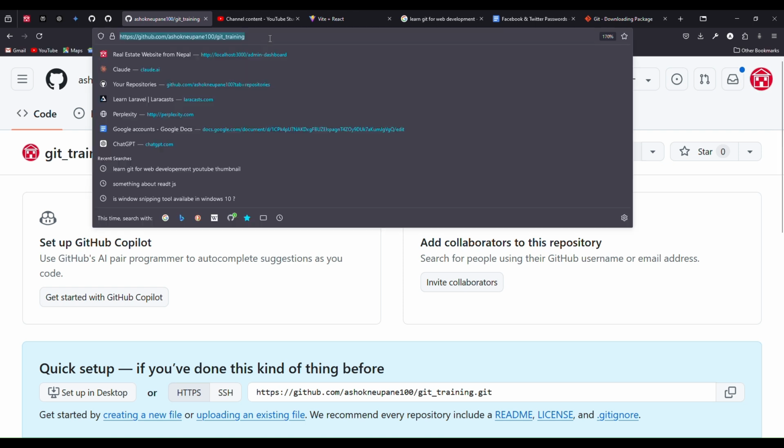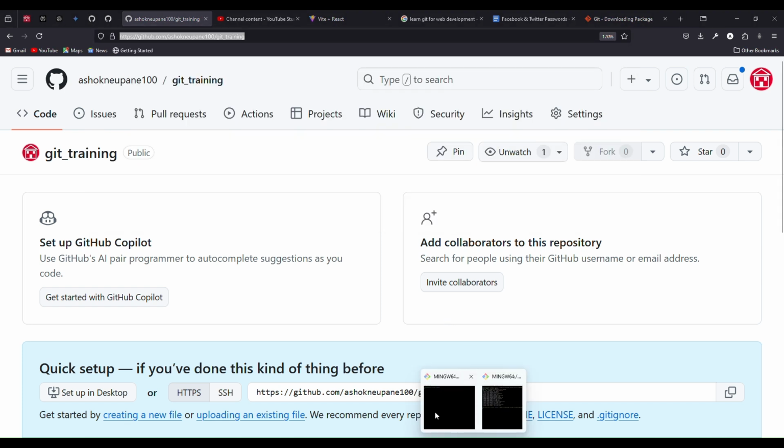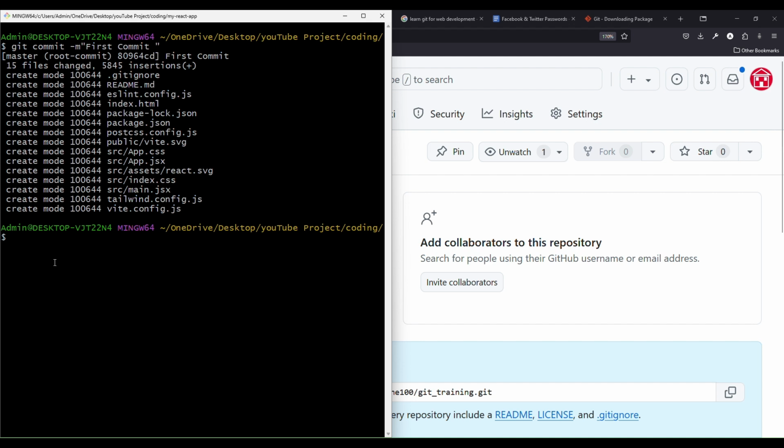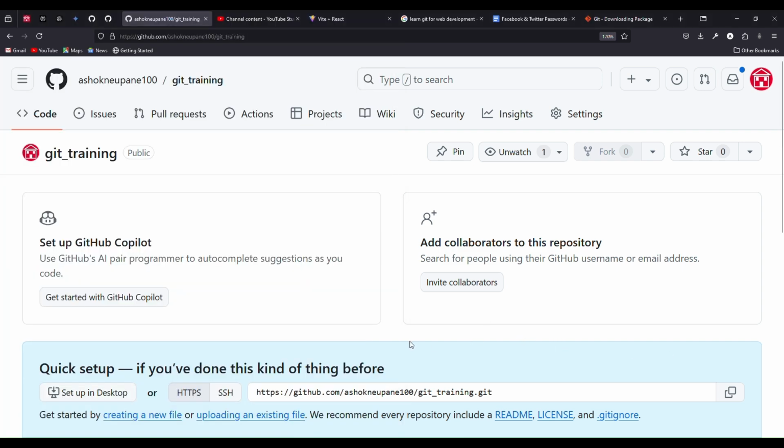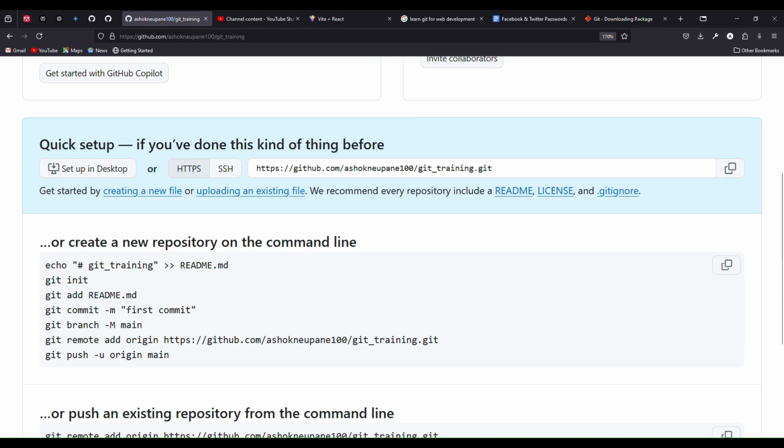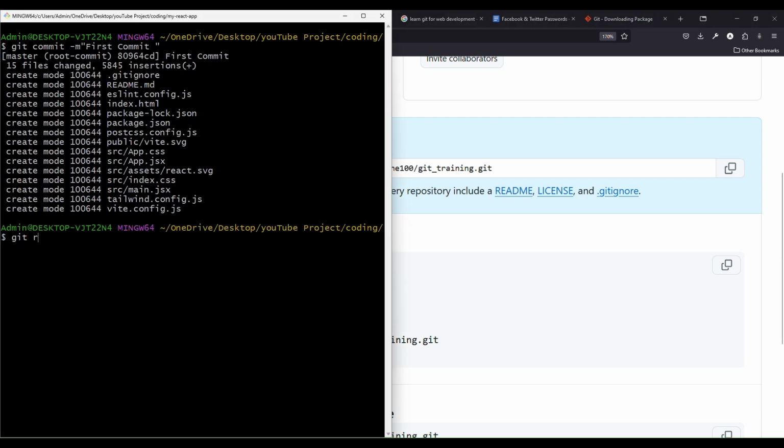You just copy it here and come back, and you can go here. Then you can do git remote add origin, and so on.